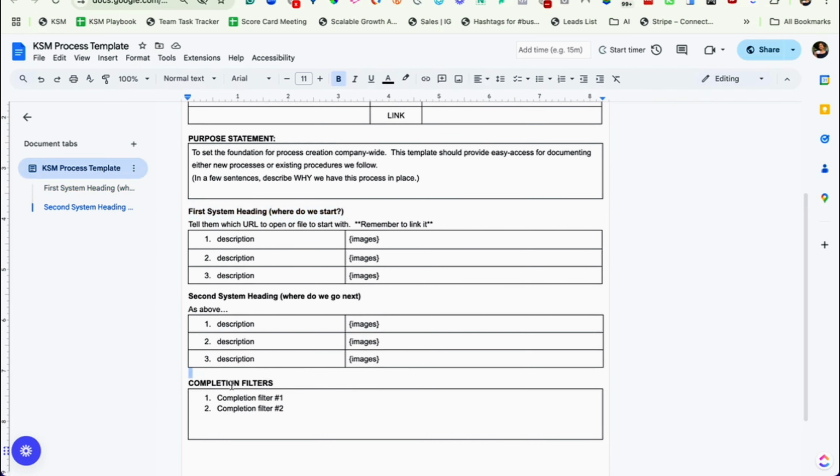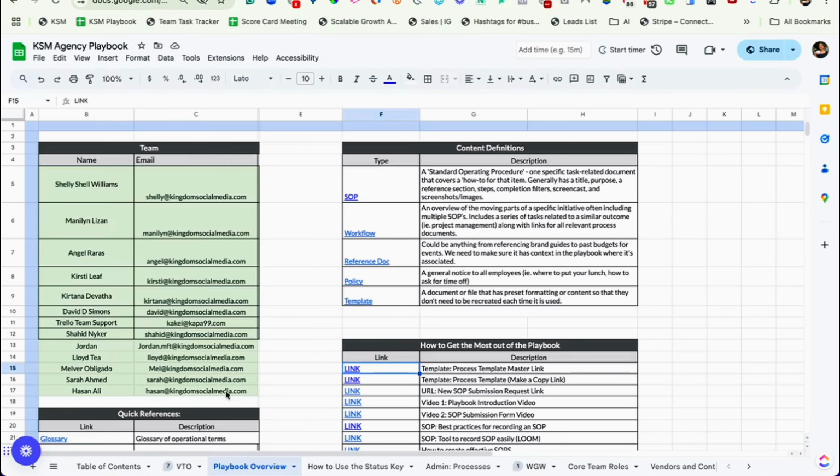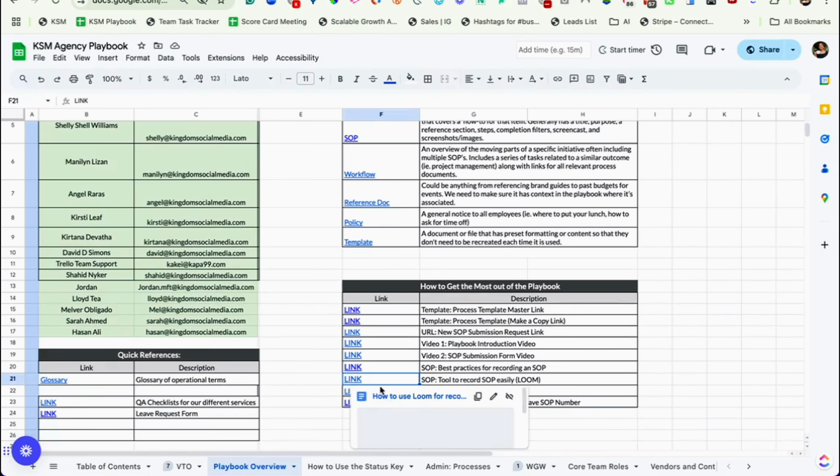And what's more important than that is completion filters. Completion filters is sort of like saying, hey, when is this SOP completed? Because you want the end result of each of your different team members to be the same. So it's sort of like a checklist saying, this SOP is completed when A is done, when B is done, when C is done. So right now I'm going to show you a completed SOP